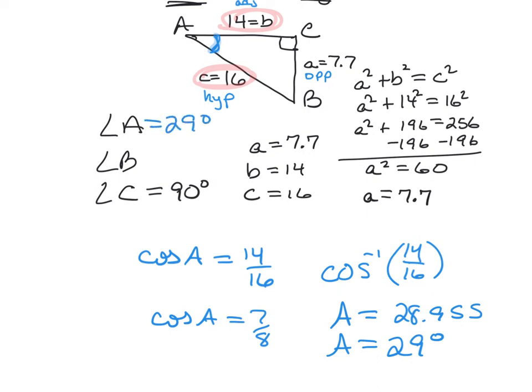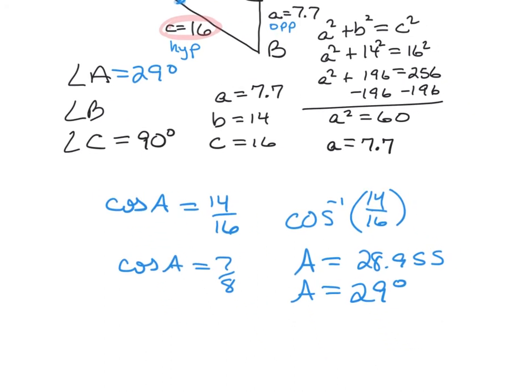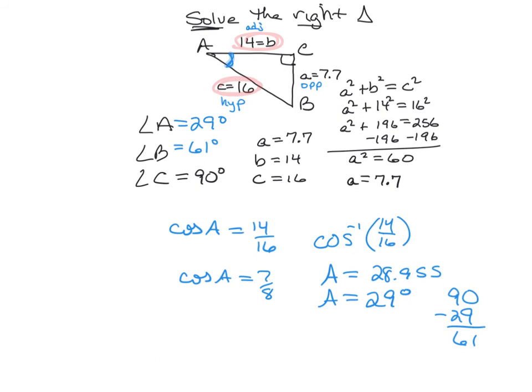Now, to find angle B, if you're confident in that answer, all you need to do is 90 minus 29. And the other missing angle is 61. Now, if you weren't sure, you could also go back and do another trig function. So for angle B now,